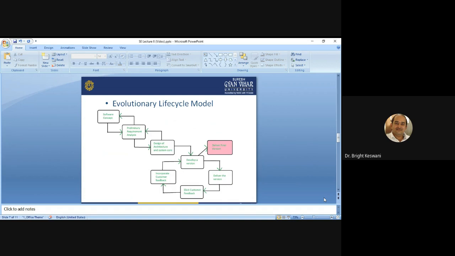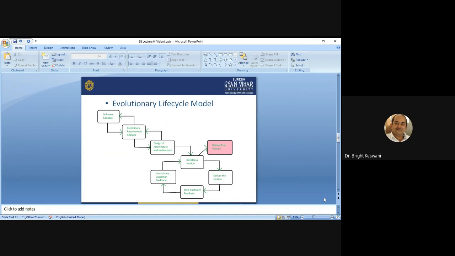So you can see easily in the evolutionary model, the software concept is originated, preliminary requirements are generated, and the design of the architecture and system core is developed.